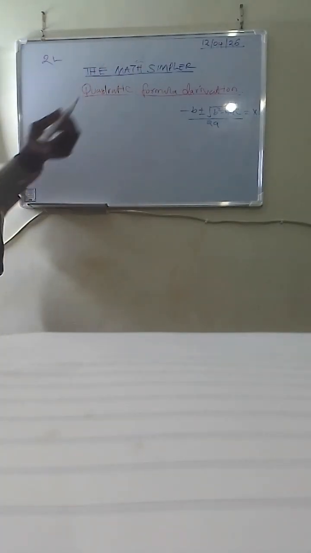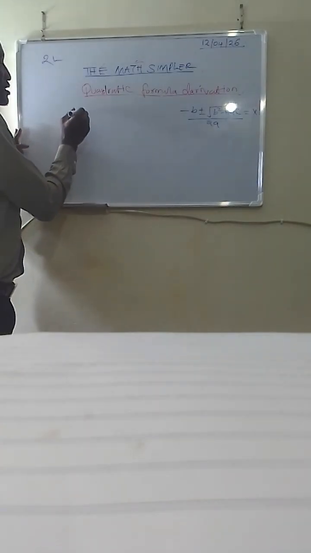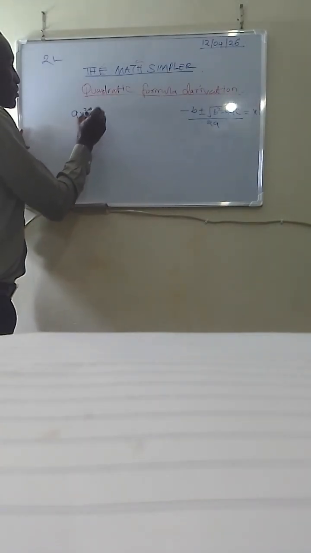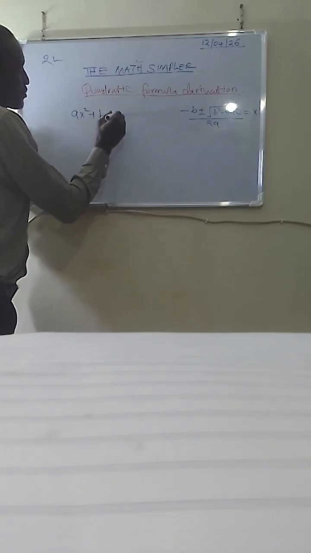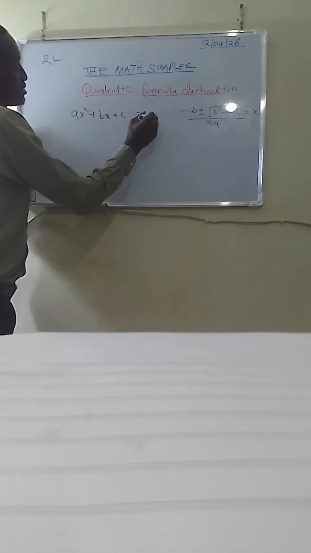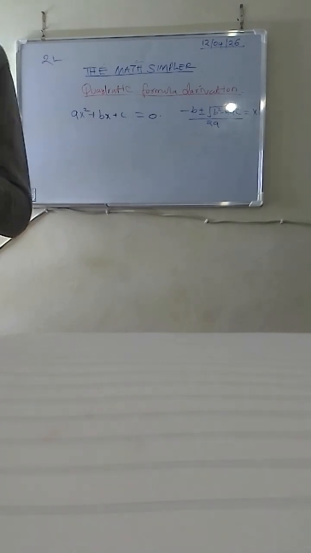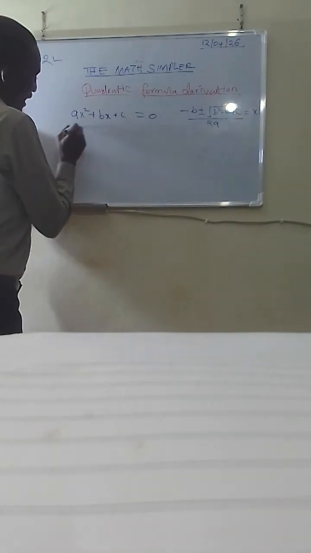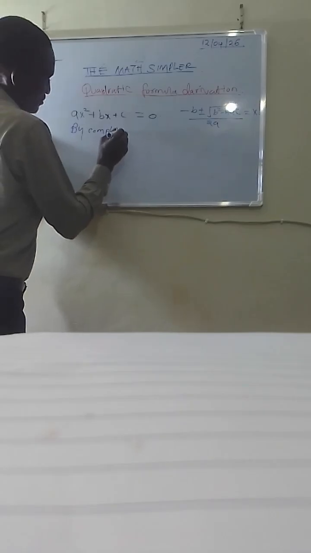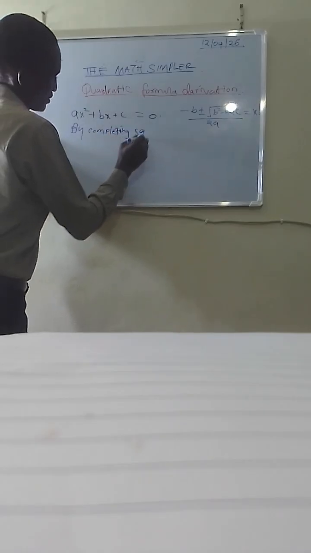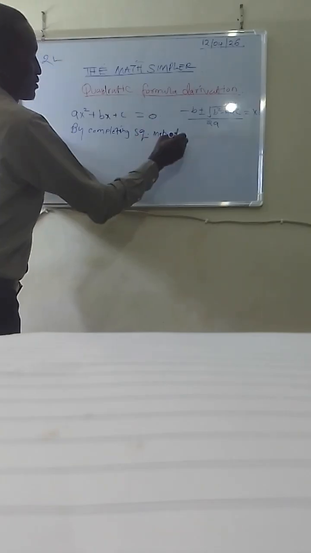So the quadratic equation that we want to solve is ax squared plus bx plus c equals 0, using the completing square method, we have,